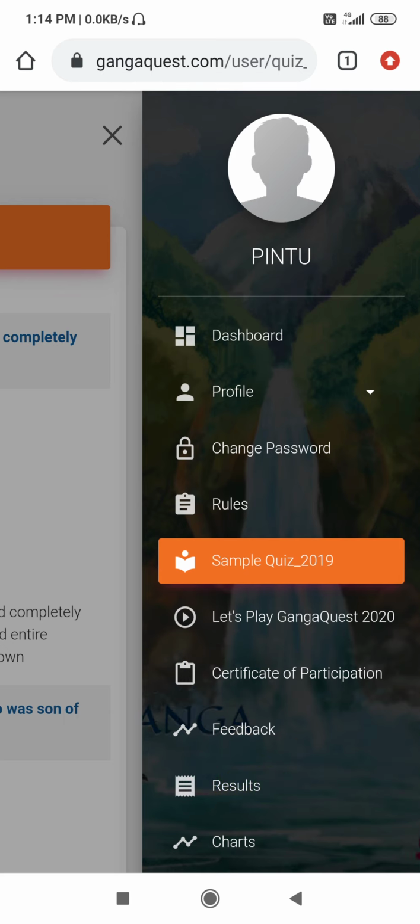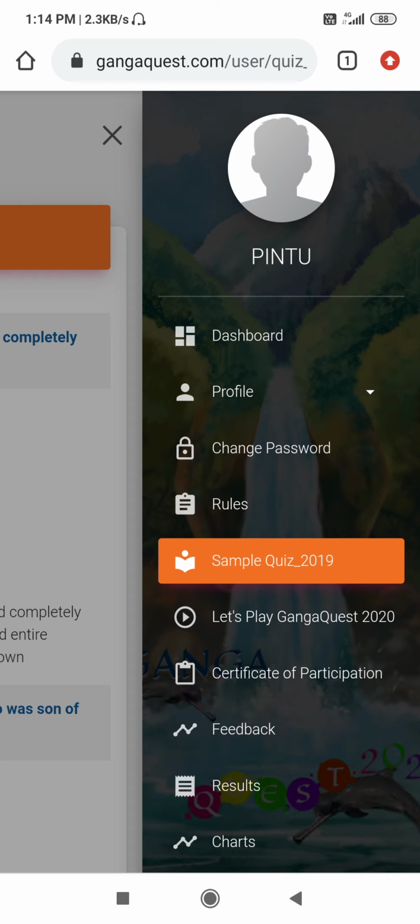This quiz is time bound, meaning the time is set here. If you start the quiz, you have to answer the questions. Read the question and options, and choose which option is correct.